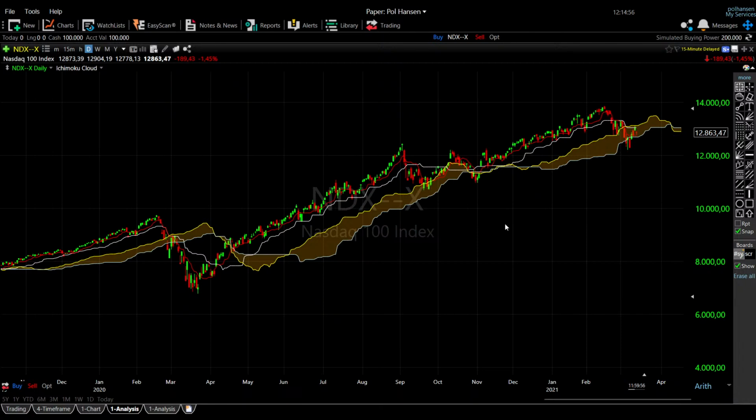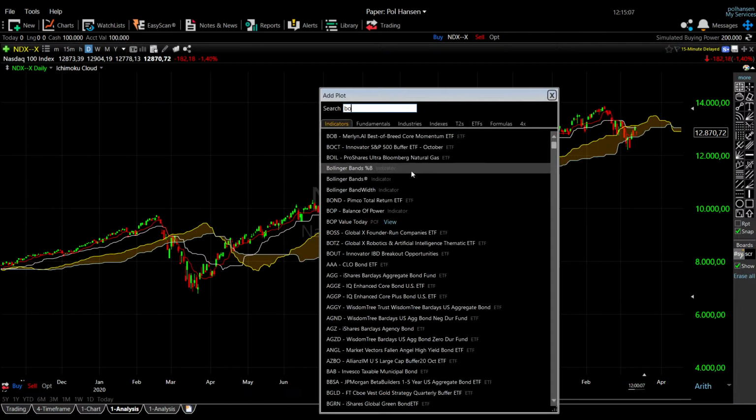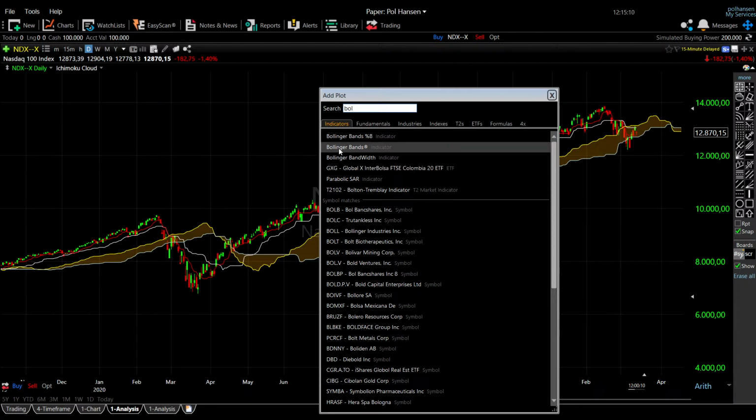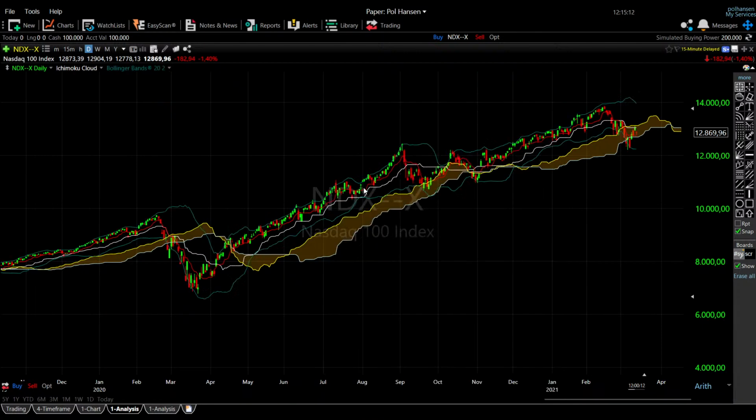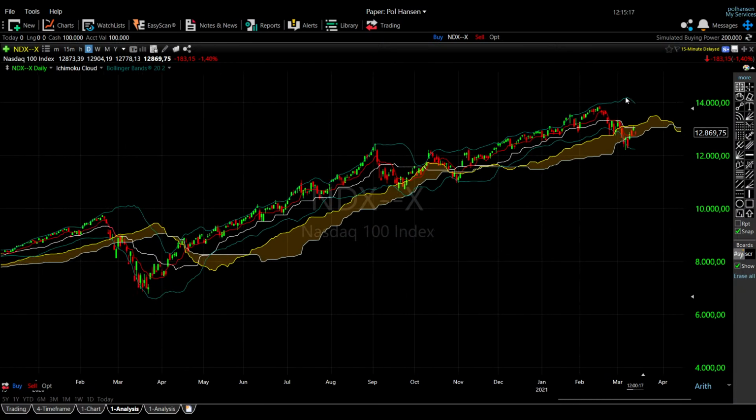So another thing, if you want to buy and sell on a daily basis, you could add the Bollinger Band to this cloud. So we have the Bollinger Bands here, and we'll add it to the NASDAQ. And we have the upper Bollinger Band and we have the lower Bollinger Band. And by looking at the Bollinger Band, you can basically use the cloud and the Bollinger Band in order to determine when to buy and sell within this